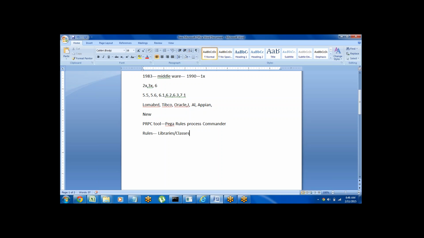And Process Commander means some storage area for storing all these built-in rules in the PEGA environment, the PEGA tool. So this Process Commander is a storage area. So normally we call it PEGA Rules Process Commander. And one more thing is,